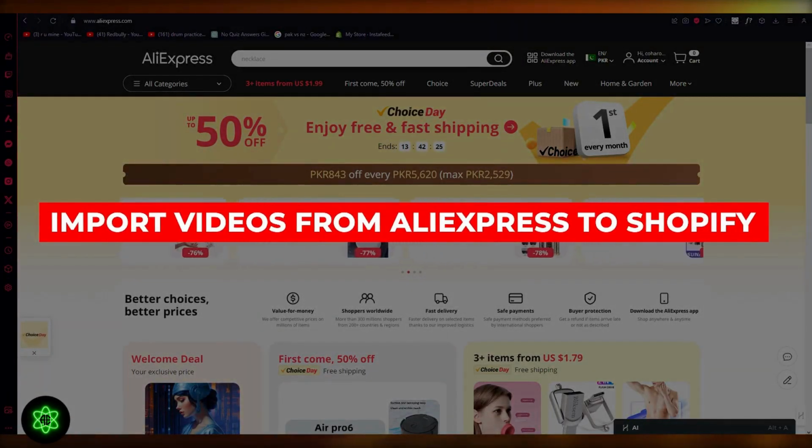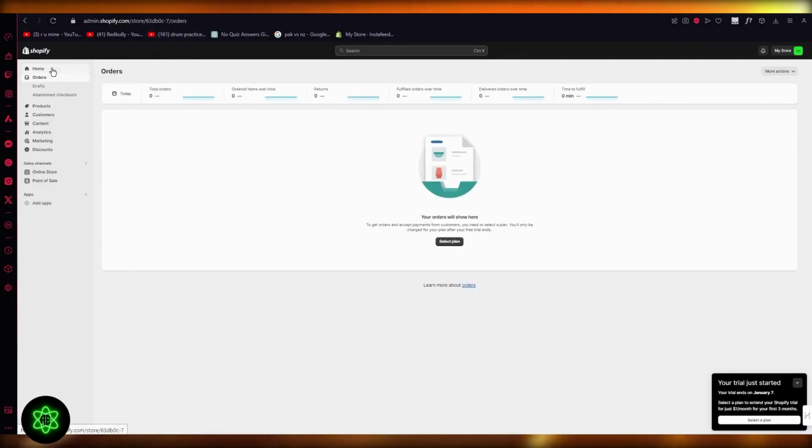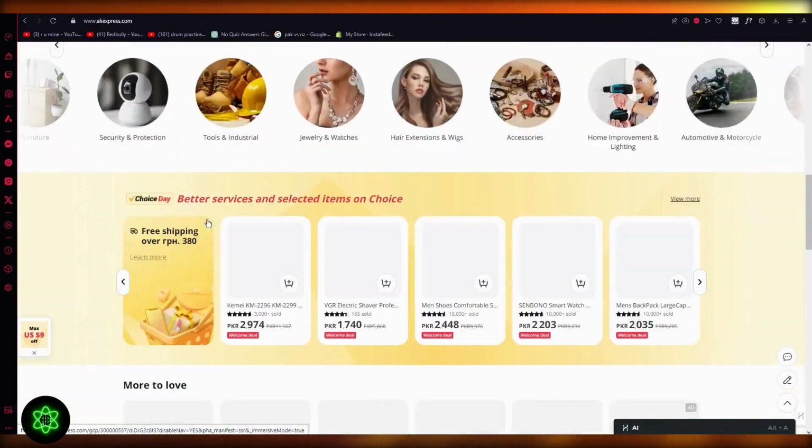How to import videos from Aliexpress to Shopify. So if you want to quickly go ahead and import videos from Aliexpress to your Shopify, here's how you're going to do it. So what you're going to do is you're going to come over to your Aliexpress